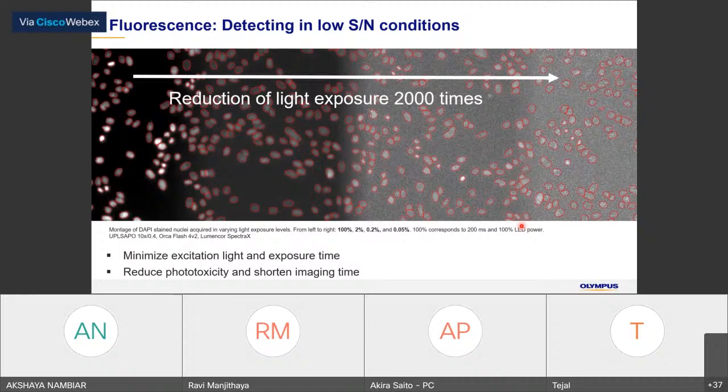If we train with a very low contrast image on this right side, you can see that these are the nuclear positions, but the contrast is very low. So of course it is very difficult to identify using a threshold or other general segmentation.